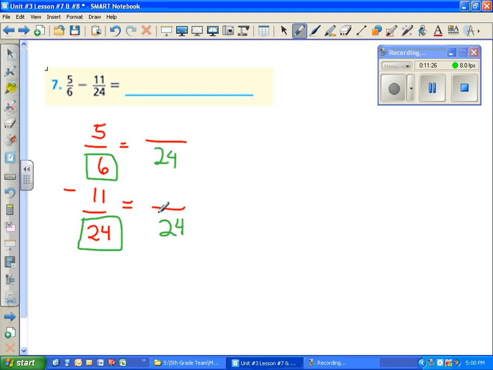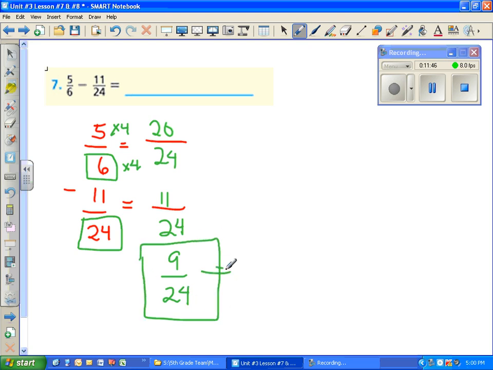Then 11/24 is equal to 11/24. 6 times 4 is 24, 5 times 4 is 20, and now I can subtract 11 from 20, which is 9/24. Now, this is your answer,